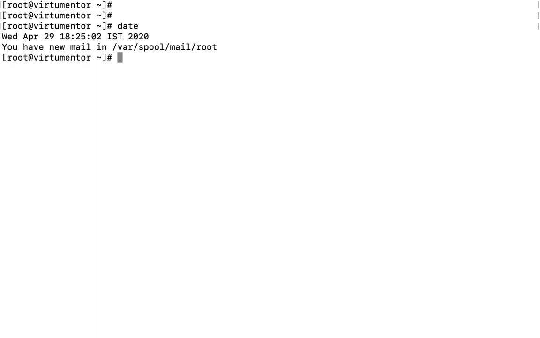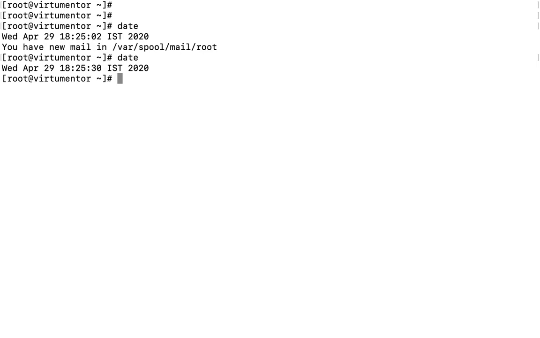First we will understand the date command. This is the date command. It gives us the complete system date and time, like Wednesday, April 29, the system time, the time zone, and the year at the end. This date command is very helpful while doing scripting. Sometimes we need to print the previous and the next day's date. So using the -d parameter, we'll see how to print the dates.